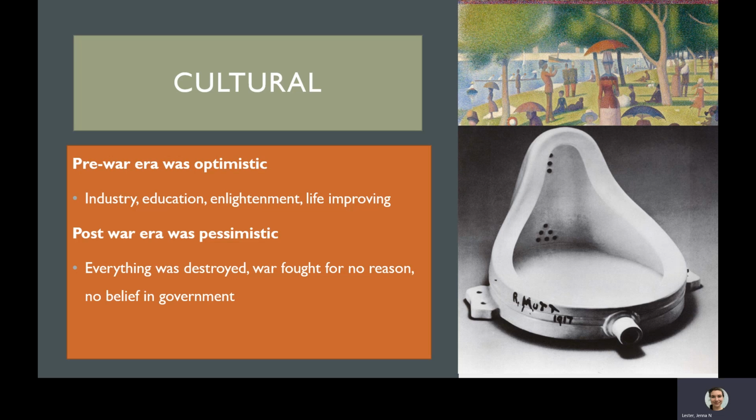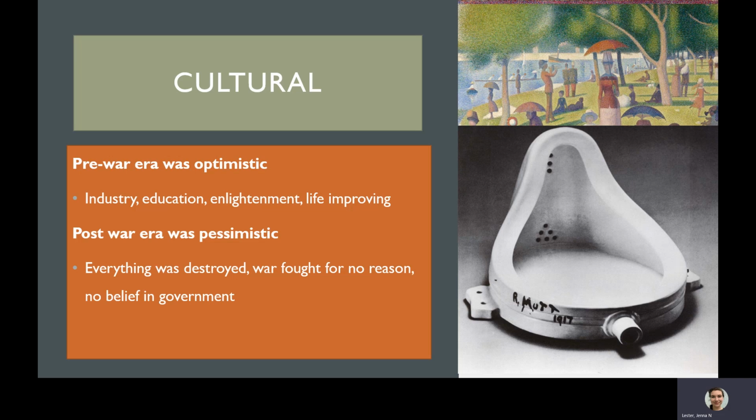Here's how people felt about the world after. Now, for those who may not know, this is a urinal, which, if you've never been in a boys' bathroom, is like this upside down. Usually it's on its back, so the part that's on the ground would be attached to the wall, and then you pee into it. That's why boys' bathroom lines move so freaking fast. And this is the kind of art that was popular after World War I. And you might be like, I'm sorry, that's not art. It's not. People were that pessimistic.